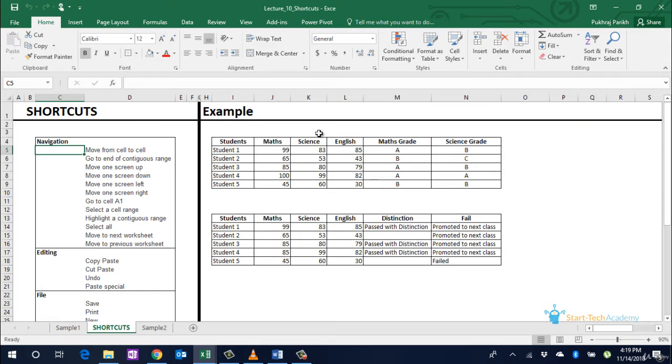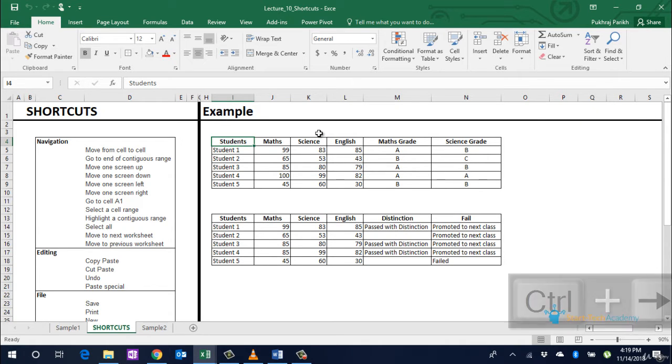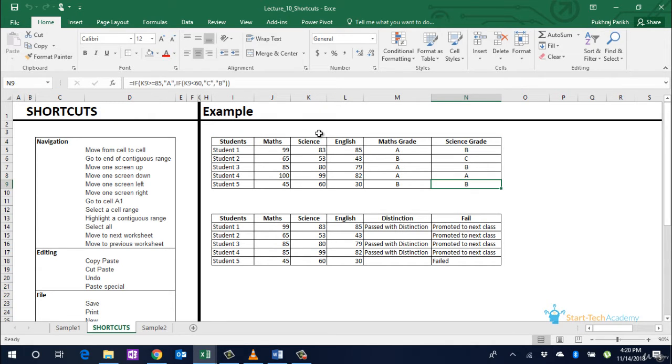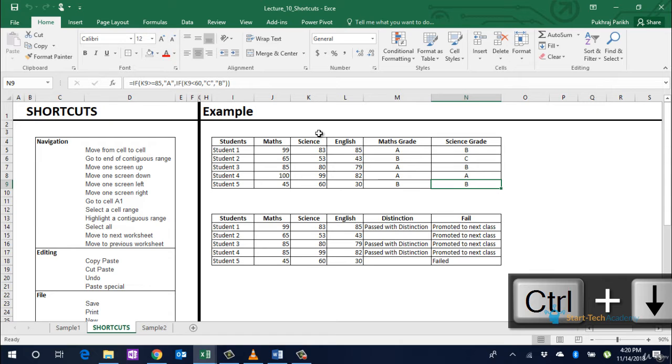Let's first learn about the movement and selection shortcuts, which are the navigational shortcuts. To move your selected cell from one cell to another, you can just tap the arrow keys. If you want to move left, tap the left arrow key; to move right, the right arrow key. If you want to go to the end of a continuous range, so if you are on students and you want to go to science grade directly, you press the control key and tap the right direction key. Similarly, to go down to the end of the continuous table, you tap the control key and press the down